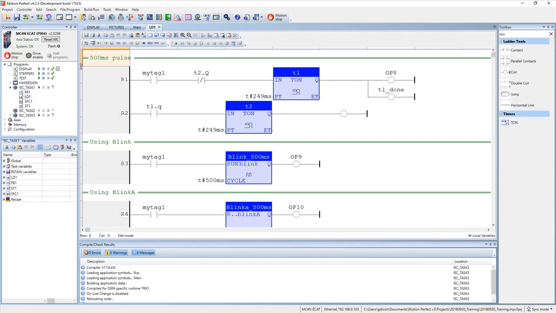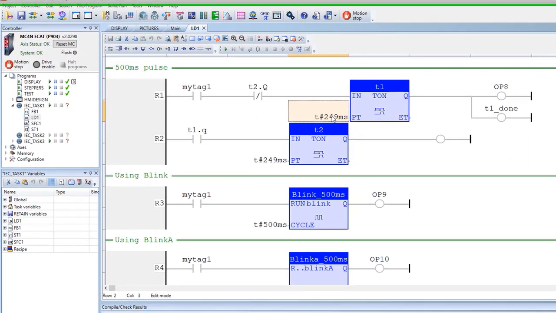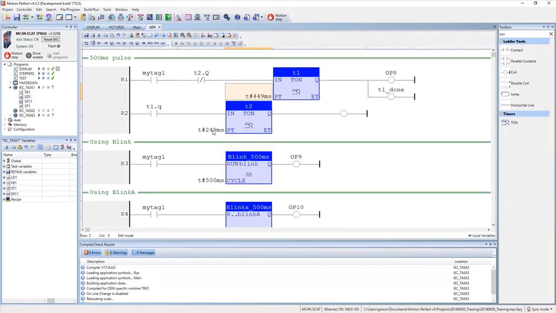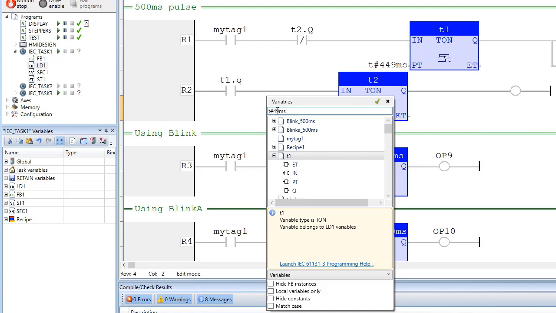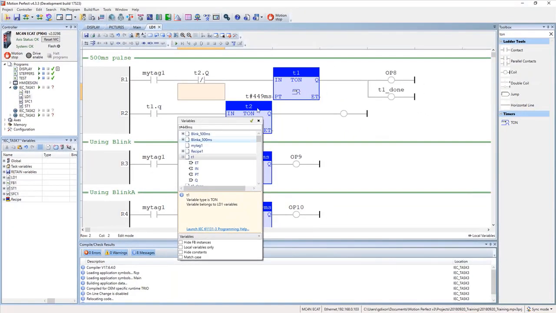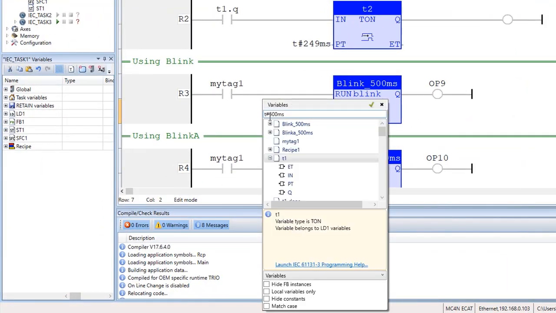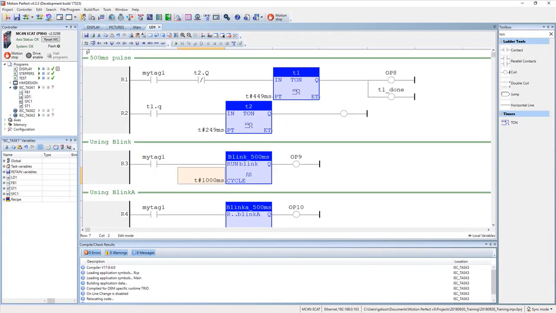which is going to give you a half second timer blink. So if I want to make it more visible, I would probably change it to 449. Now there's a reason why I give 449 here, which I'm going to come to in a minute. So I'm going to put that. Now I'm just going to change this as well. We're not going to touch the blink function yet. Right. So if I run this,